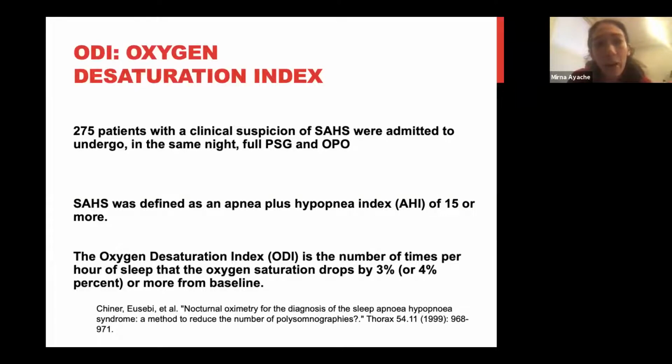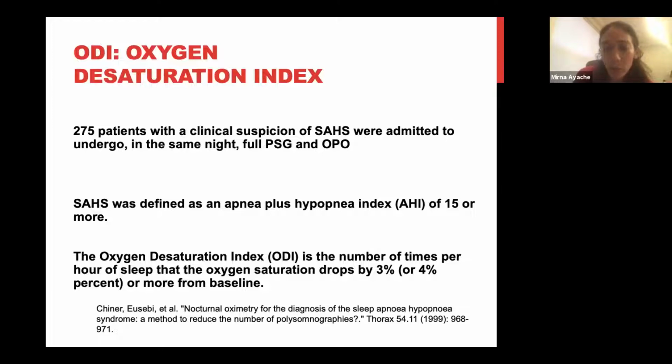Okay, now we're going to move on to the oxygen desaturation index and what evidence we have. There are enough studies on this documenting that it is a good predictor of AHI. This is one of the older ones, from 1999, where they did a full PSG